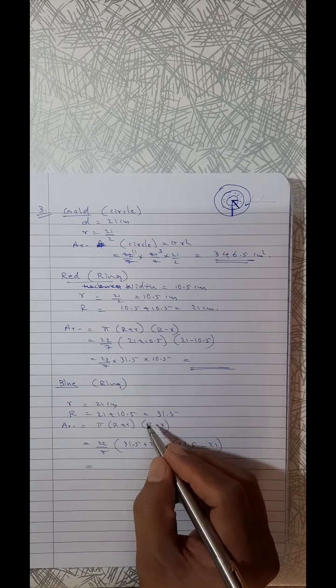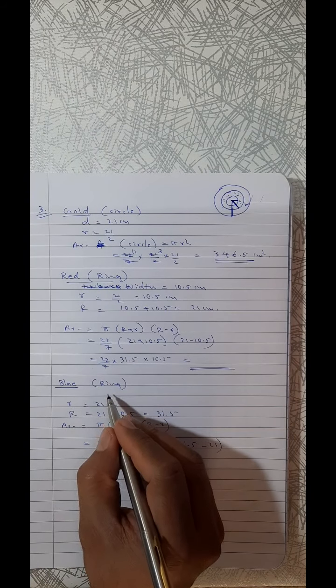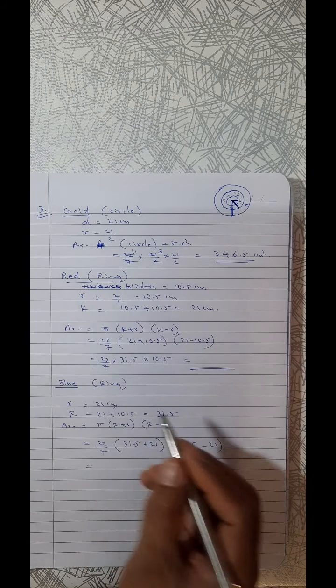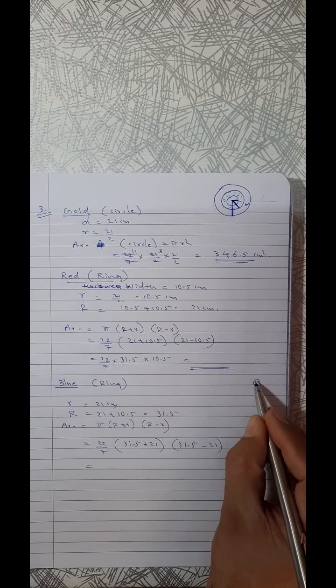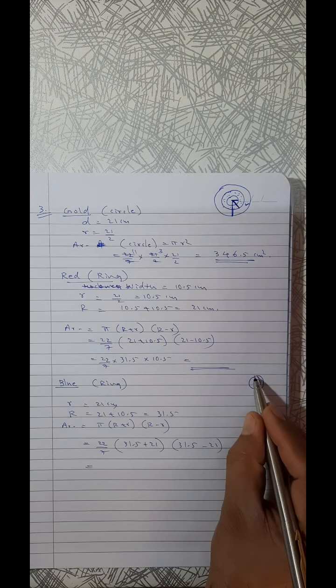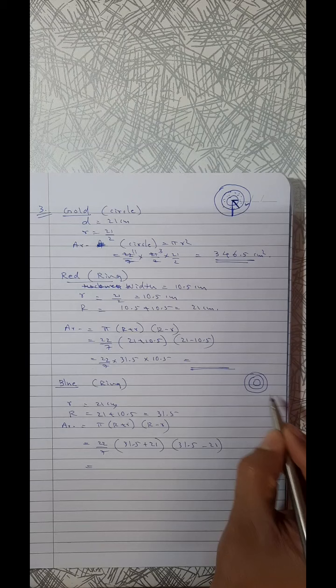Now next level means the blue colored one. Blue colored means small r means, suppose one ring is there, another ring is there. So keep on adding. That is the only thing.